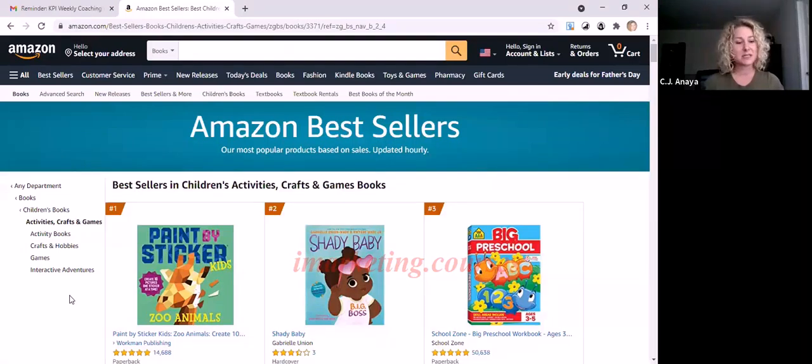And you can check to see if they're keywords. If you go into Publisher Rocket and just type in different phrases and things that you find on those pages and see what you come up with. Because remember, anyone who is doing Amazon ads is most likely using over 300 keywords just to get their books noticed. They want to spread the love and try to find as many different ways that people are searching for